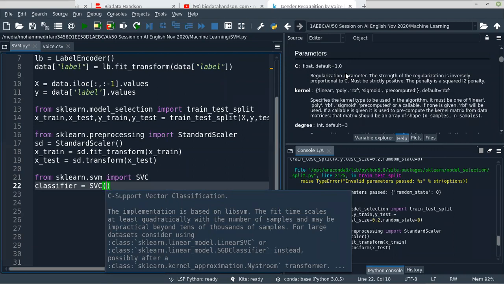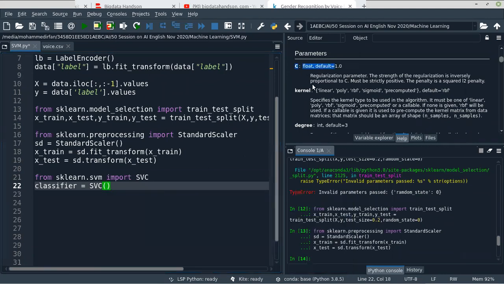I hope you understand. This must be a positive value, and the default is 1.0. And we have kernel. In SVM also we have many algorithms, like linear SVM.